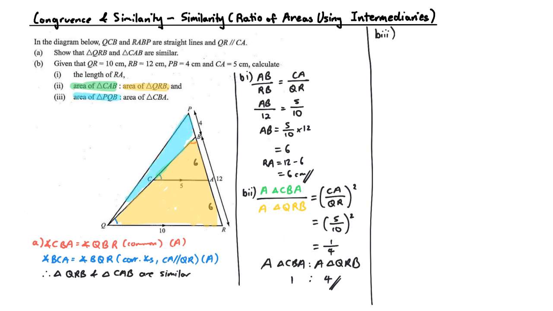Okay, over CBA. CBA will be back to the green part here. Okay, so they have no direct relationship with one another, but CBA has a relationship with QRB, and PBQ also has a relationship with QRB. So we use QRB as an intermediary. So let's look at what we want to do. Okay, so this is back to the green. Okay, we're going to say here that